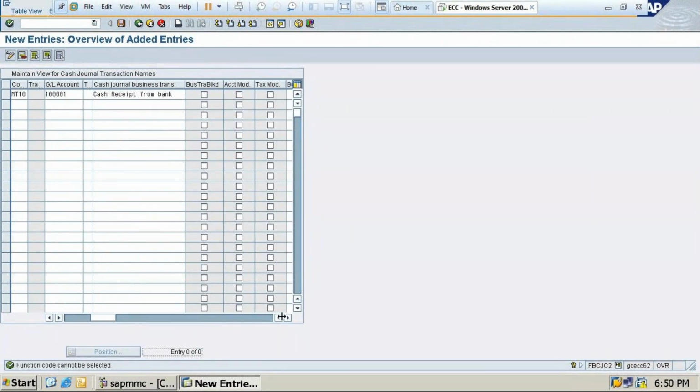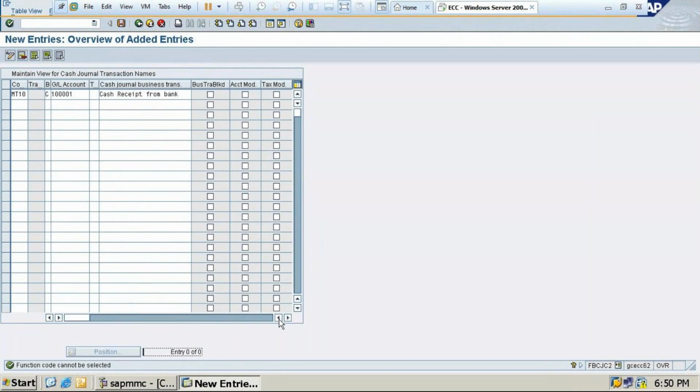Business transactions. Okay, now it is taking students, you can see that. So here, again empty 10. What is the next one? Empty 10. Then click on this and select the